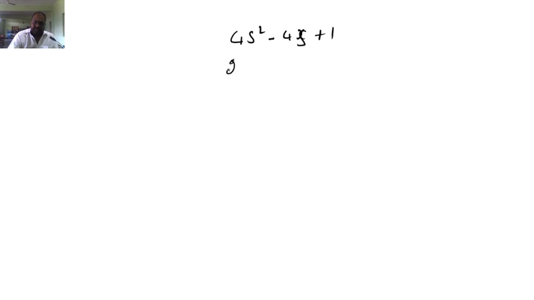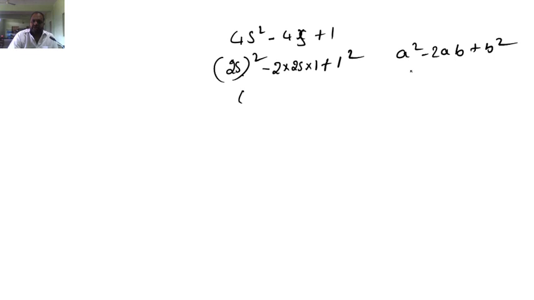So this, we can write 2s whole square plus 1 square, a square plus b square. In the middle, minus 2ab, 2 into a means 2s, into b means 1. So this is in the form of a square minus 2ab plus b square. So the formula is a square minus 2ab plus b square.